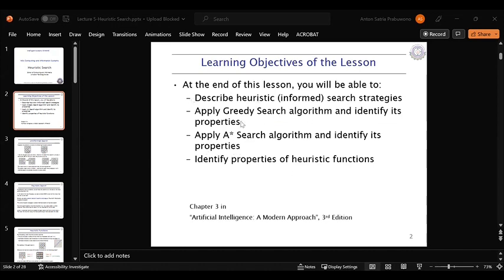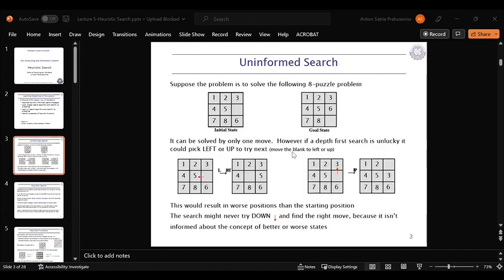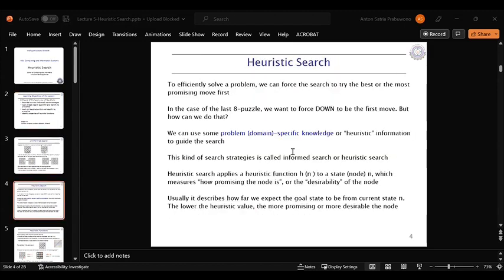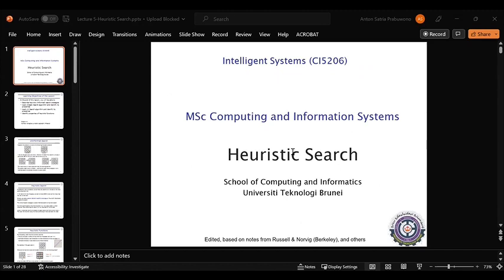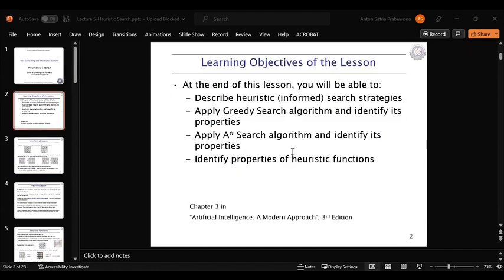Then we'll briefly review the uninformed search from the previous lecture, and after that we continue with heuristic, so uninformed and heuristic, the informed search actually. Right. So